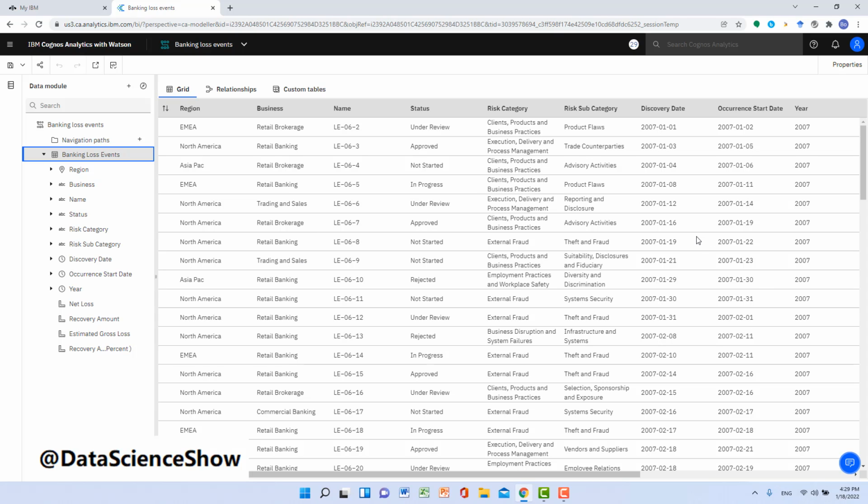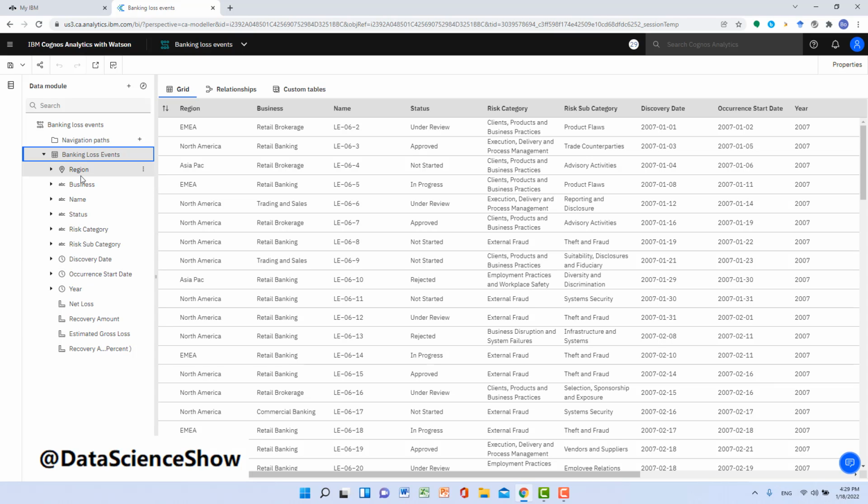But if you have learned business analytics for a long time, we really don't care about each data record in the data set. What we care about is the column names, because we will build analytical models based on the column names. That's why Cognos already listed all the column names in the data set for us.